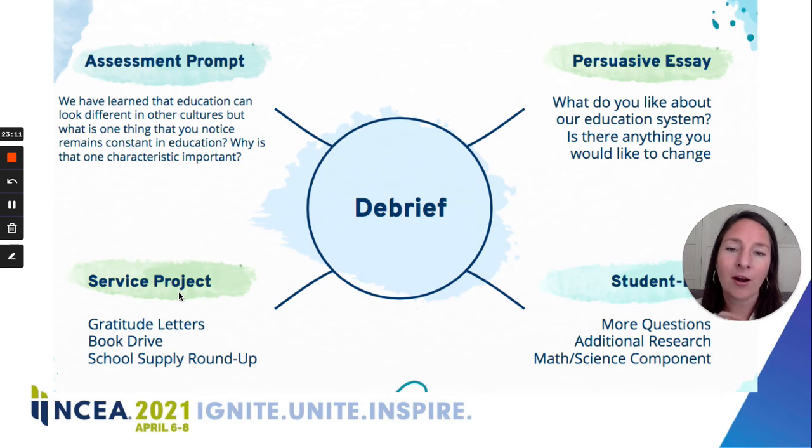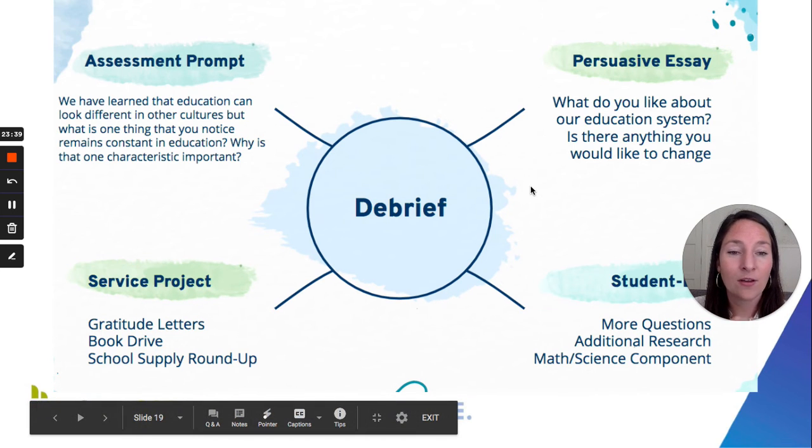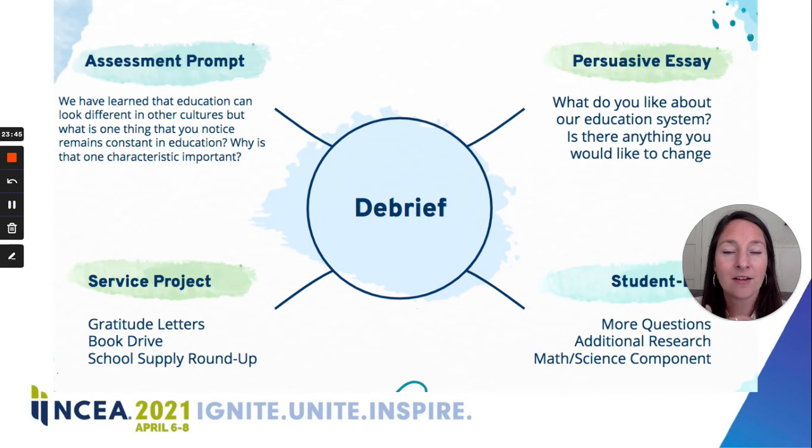The top two are a little bit more academic. So if you want to make sure that you're getting those academic points driven home, something like an assessment prompt can be really effective because you can see student thinking, but there's also a chance to get ELA standards met. Or something like more of a persuasive essay. So not just a simple reflection, but taking what the students have learned and then seeing how they would want to persuade someone to think maybe the way that they've learned. So that can be really, really helpful. A question like, what do you like about our education system, can get their brains thinking, and then having them try to persuade somebody that it should change in some way, or maybe not.